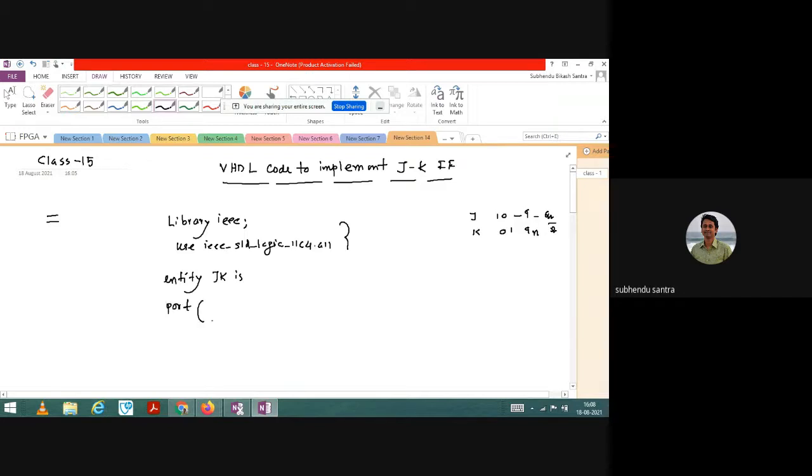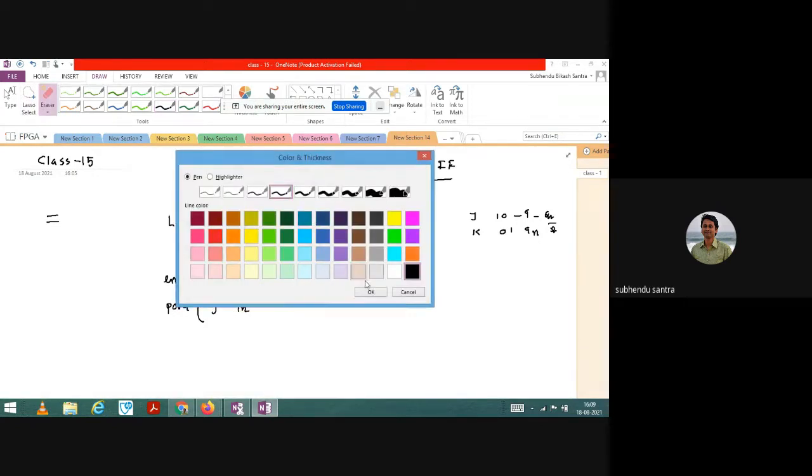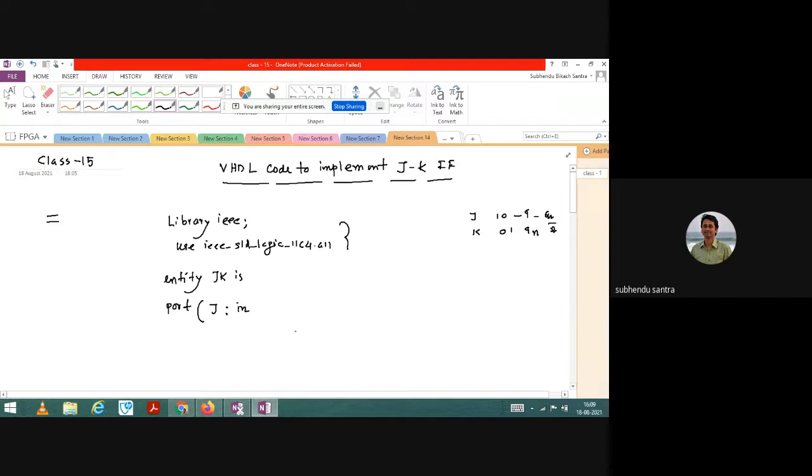Now definitely J is the input, so J: in. Equals is not correct, the proper sign I have to write is colon, in, and definitely it is std_logic. And K is also an input, std_logic. Before Q and Qn bar, I need to write the clock signal, because now you understand there is a need of a clock, and clear.